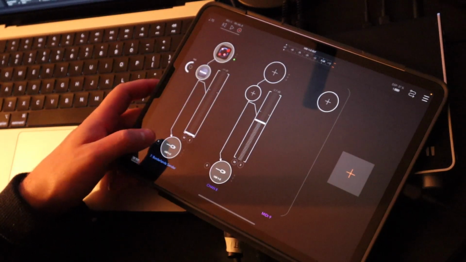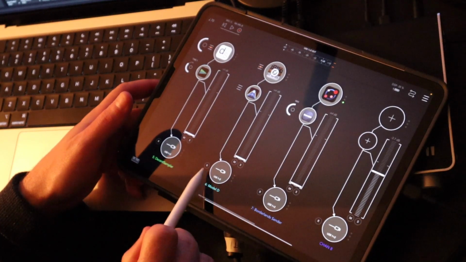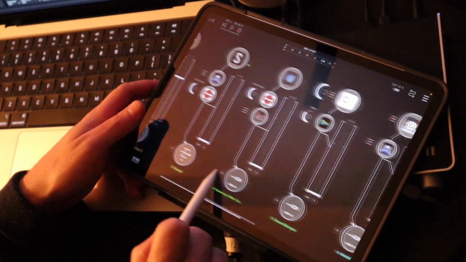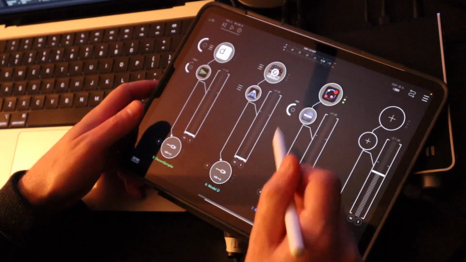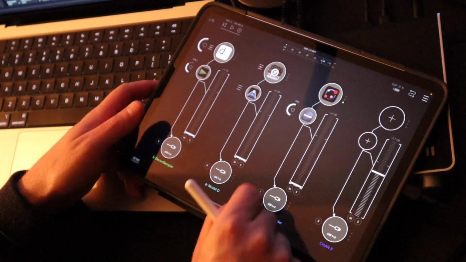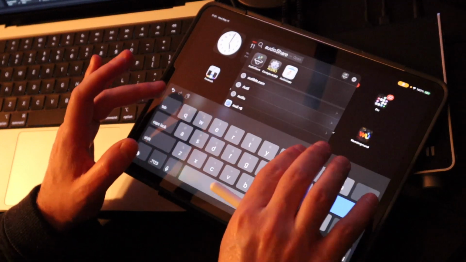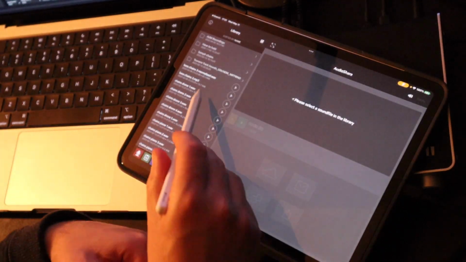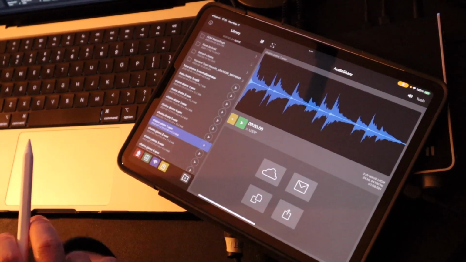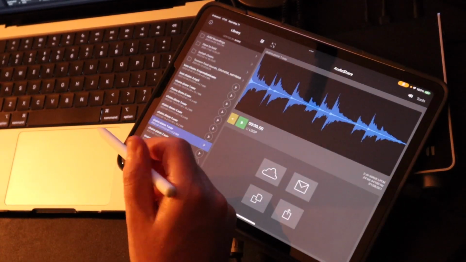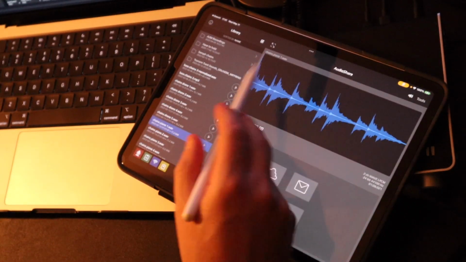One other thing I should add here, within the AUM app, you can see the R record enable on each channel. You can record every single channel, get the audio from each one, and it will be captured in whatever quality rate you want in this great app called Audioshare. It's a really nice way to organize your files and samples. So everything's available. You can import from Dropbox, upload to Dropbox, and then also it's kind of the go-to way